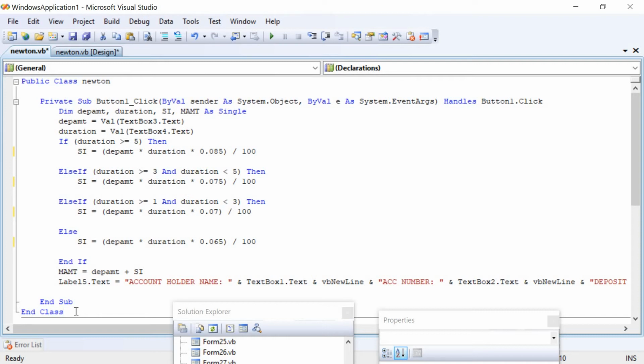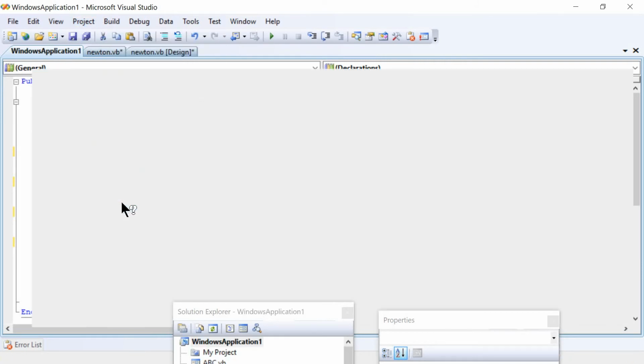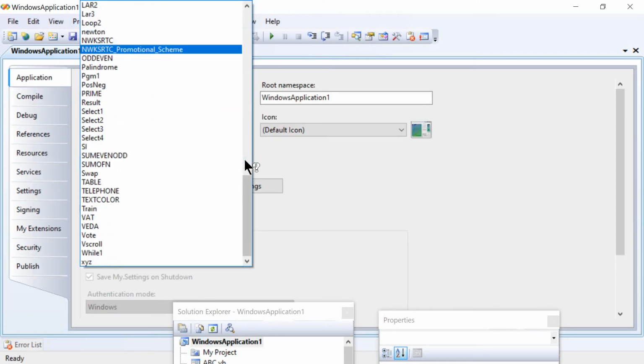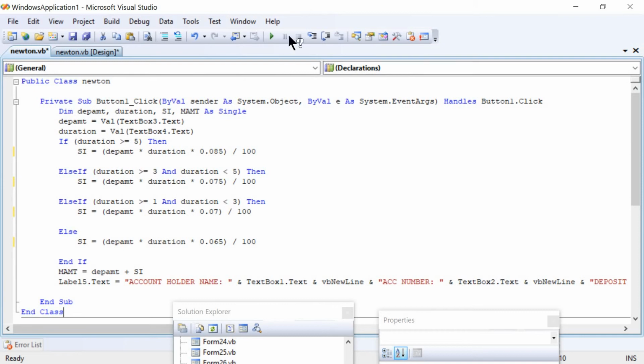Right, now we will load this particular form. Project window application properties. Close. Let's go for execution.